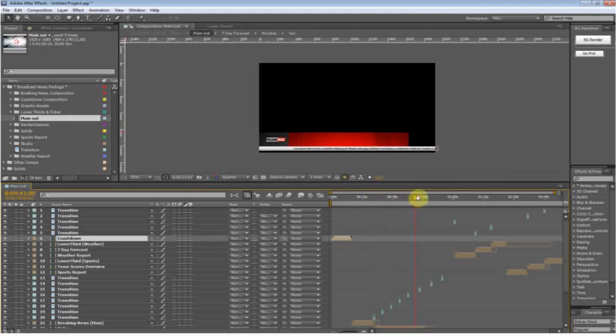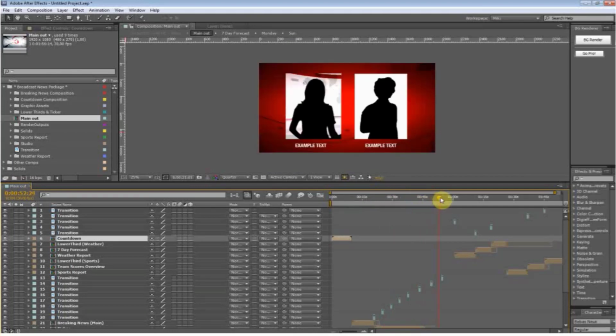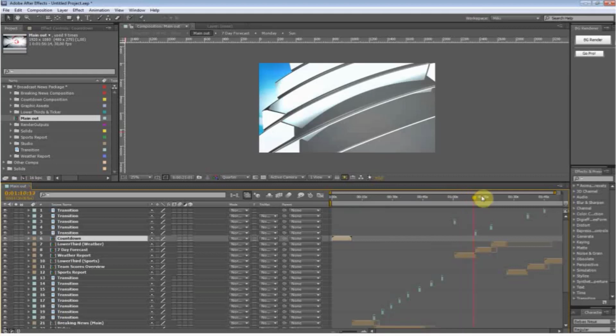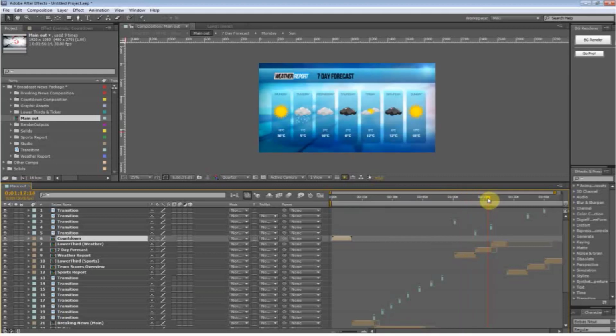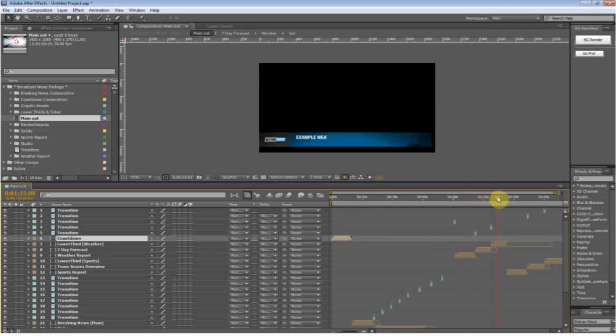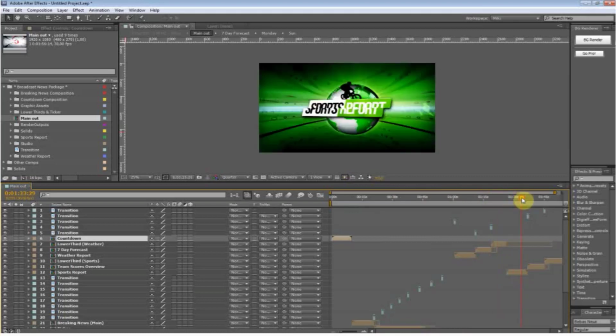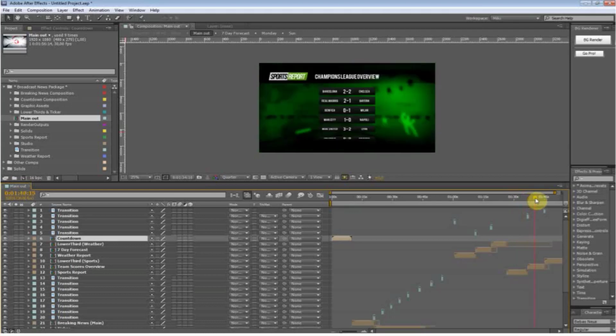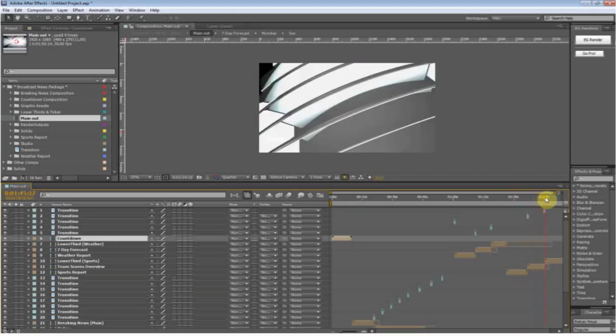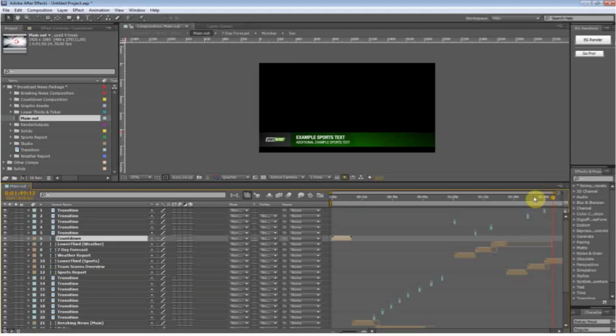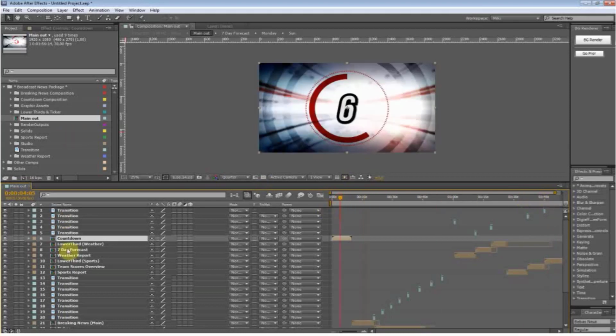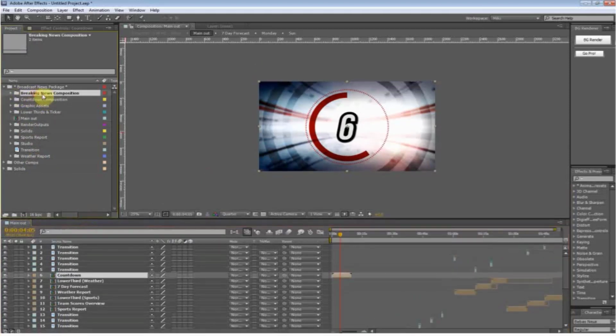Here you see the lower thirds, studio version, and weather composition, 7-day forecast, lower thirds again, sports report, overview, etc. So first of all, if we go on the left side to the project panel, you have a folder